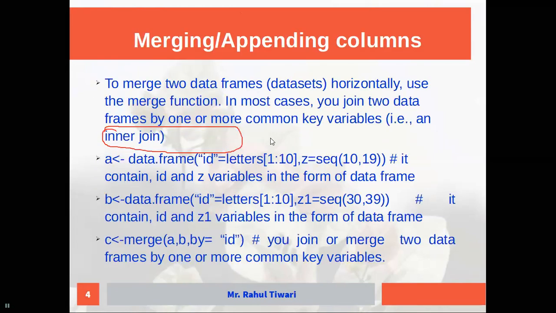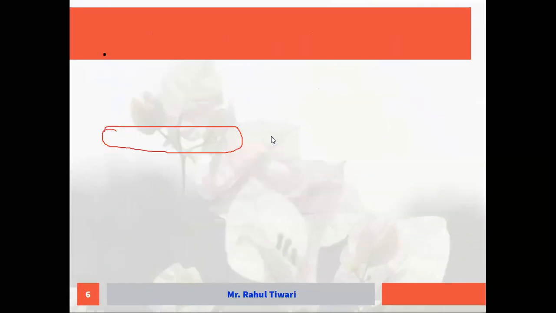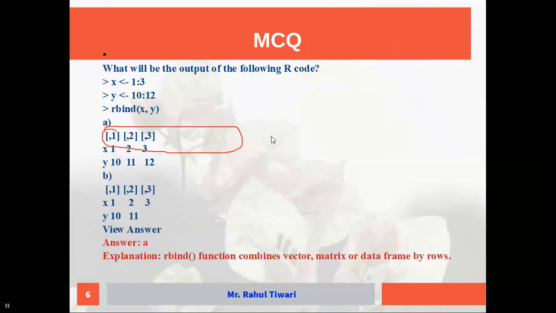Appending rows and columns we have already seen in the last class. MCQ is also done. So this is your MCQ. This is the subsetting data set. Suppose I'm using the data set A. Just assume that I have, for example, COVID data. So the COVID data set is my data set.